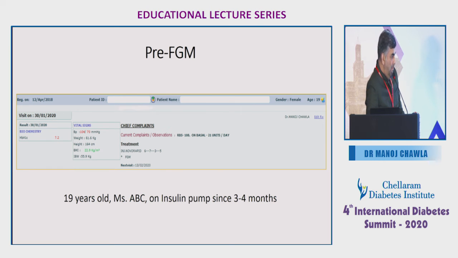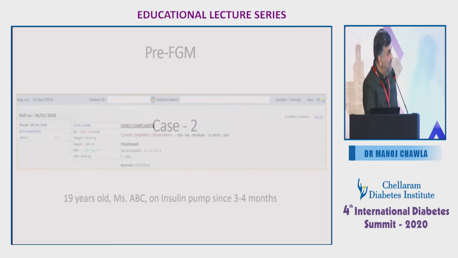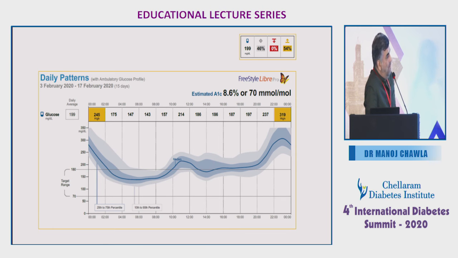Now seeing this FGM, it shows that it's a post-dinner hyperglycemia. And this patient was not doing self-monitoring, only the post-breakfast and post-lunch, and most of the time the patient's fasting sugar was 126, 163. The normal physician would now like to intensify the Tresiba because fasting was 126. If he does that, everything will come down and the patient may end up in hypoglycemia. And if you are not telling patients, even before FGM, to do multiple self-monitoring, which is equally required, checking the post-dinner, pre-dinner or midnight sugar, you will be able to do it, and then whatever changes you make.